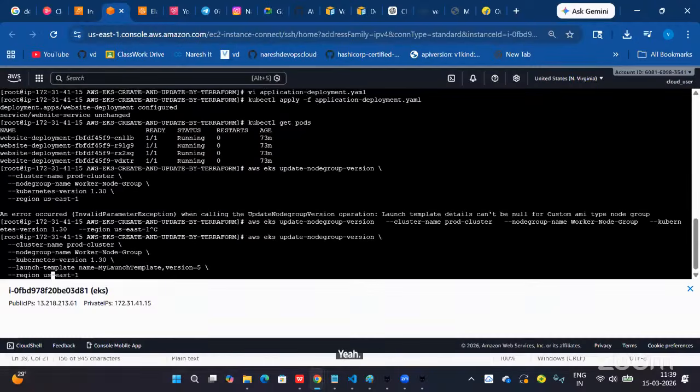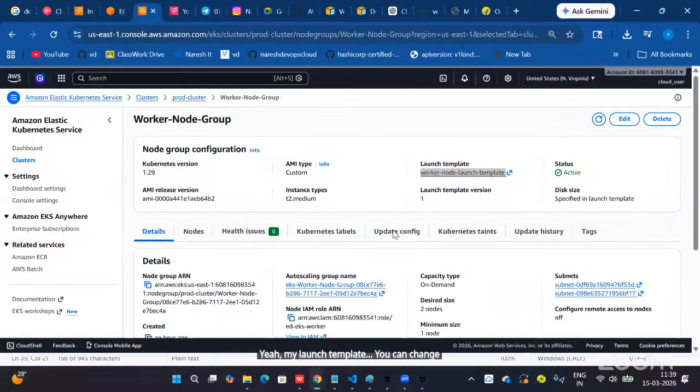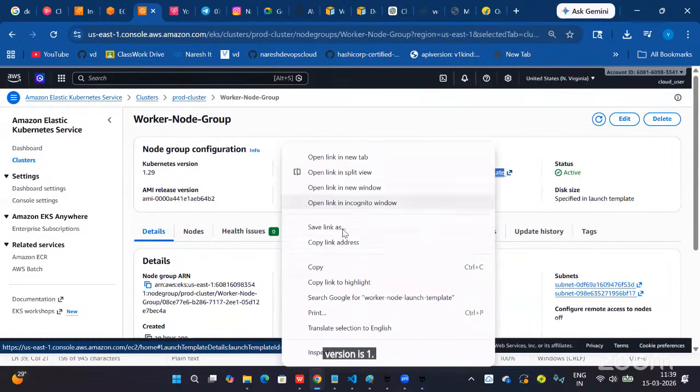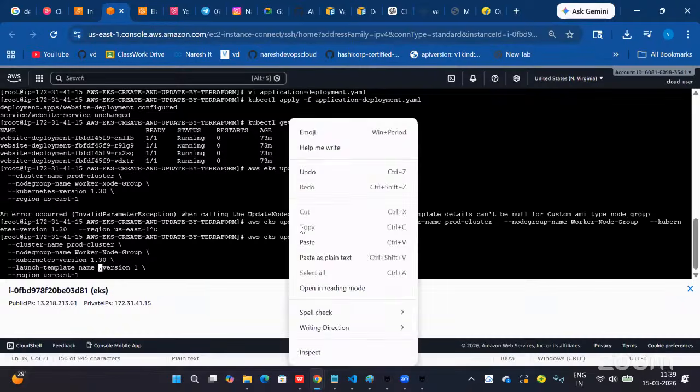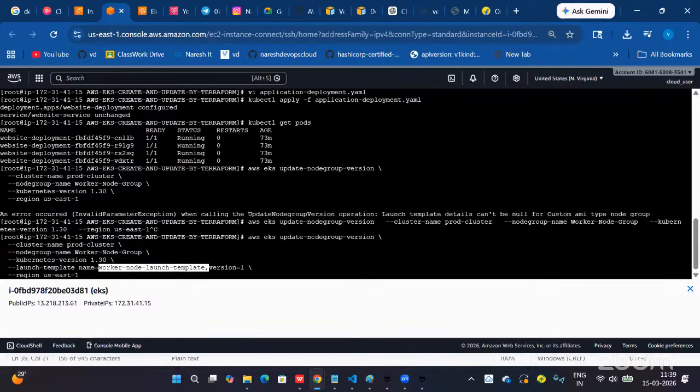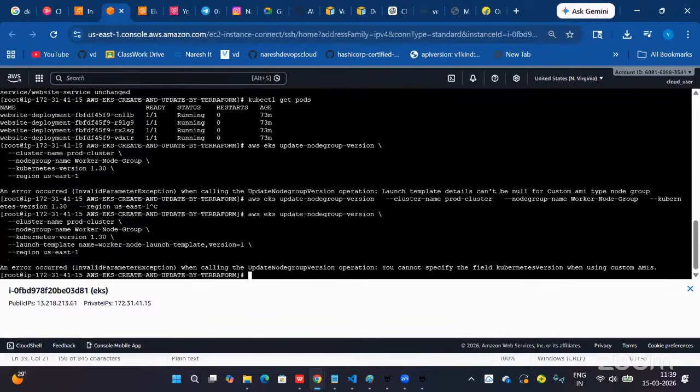My launch template, you can change the version. Version is one.